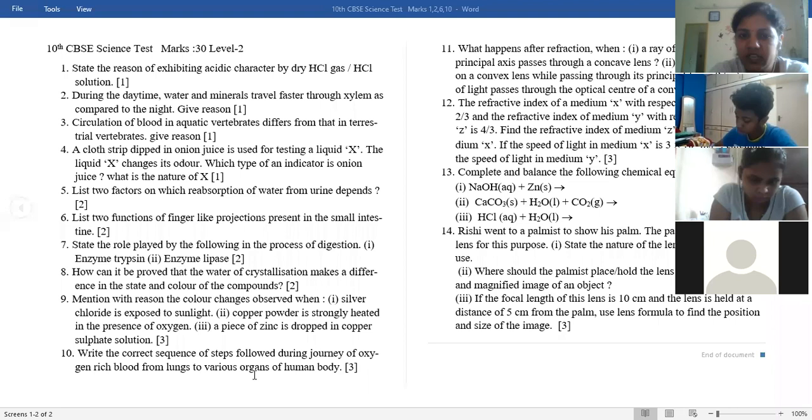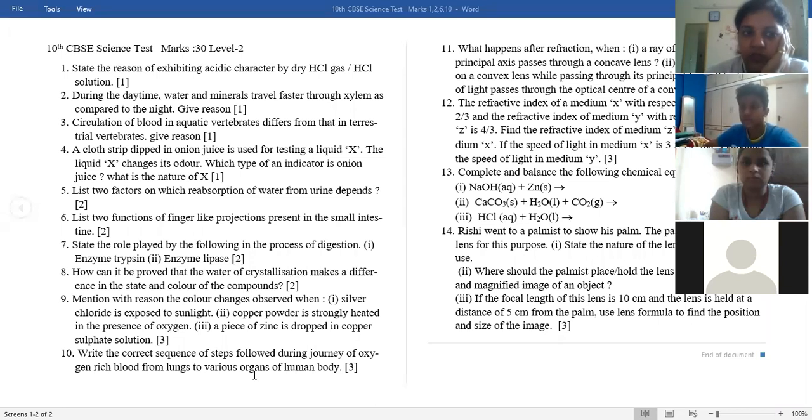Write the function of the following in the alimentary canal: saliva, mastication of the food and soften the food, and the second one is converting complex sugar into simpler sugar, or starch to sugar conversion is done by the saliva. HCl kills the germs or makes the food medium acidic. Bile juice makes the food medium alkaline and emulsifies fat. And the last one is villi, which increase the surface area for absorption of digested food.